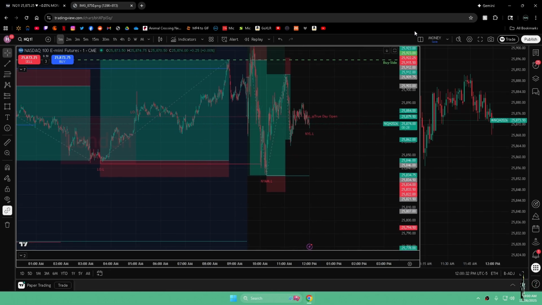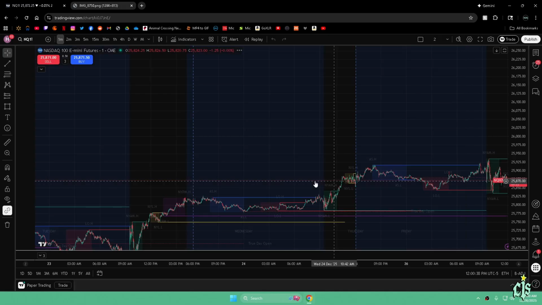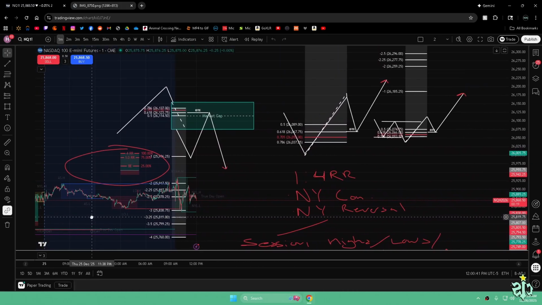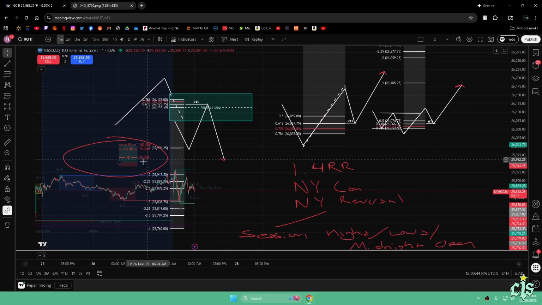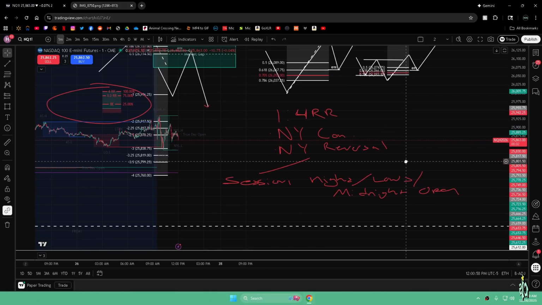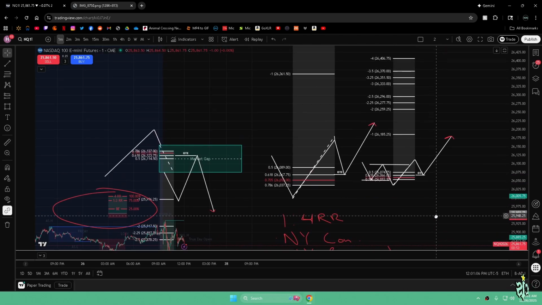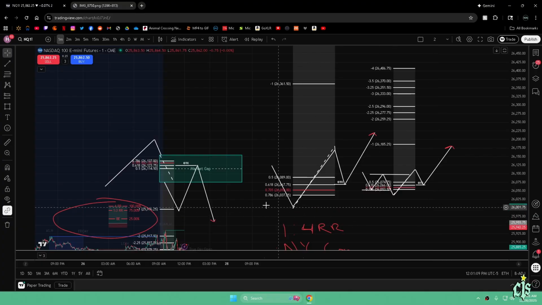Yeah, that's basically it. I'm gonna re-show you guys. I think it's on 2. Re-show you guys this. Right? Here's our system, 1 to 4. Don't be greedy. Here are your exceptions, right? New York continuation for buy side or sell side, or New York reversals for session highs or lows for buy side or sell side. And then here's the model, your entry, and your entry.